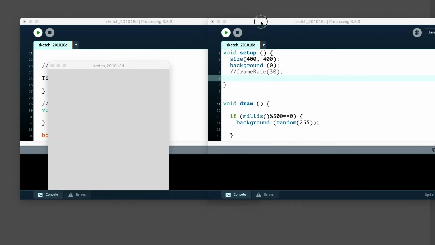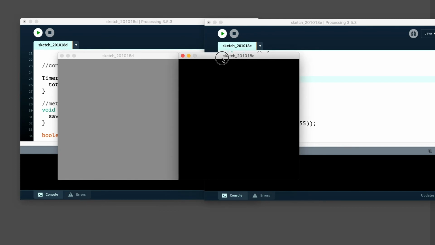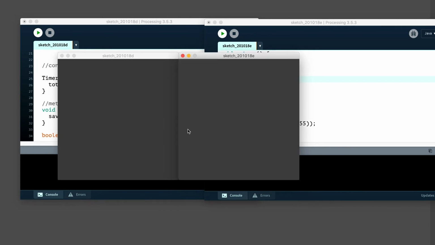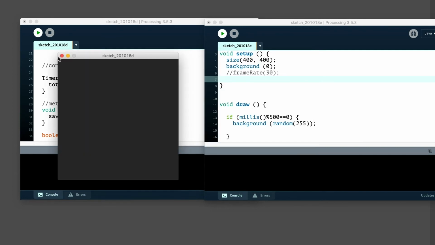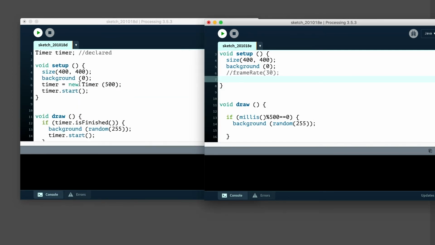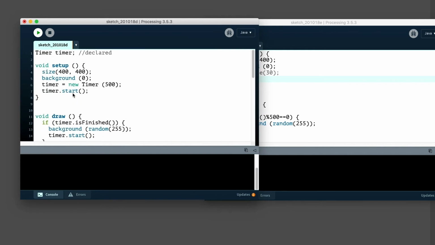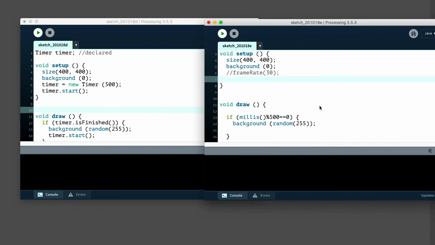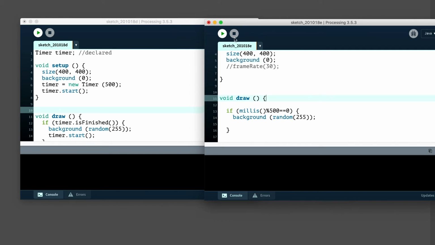Let me just run them right next to each other if I'm able to. Okay, there we go. So you can kind of see they're similar. Again, I think you could grab this if you want to practice using objects. You can use this code as your timer, or you could just do something like this with the modulo function.